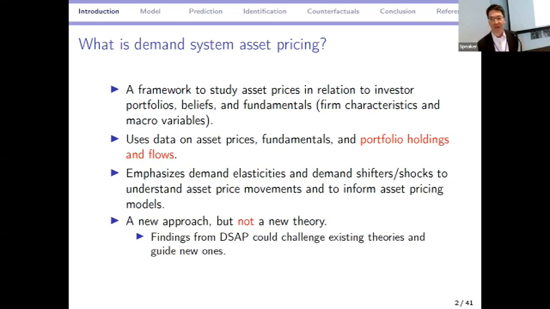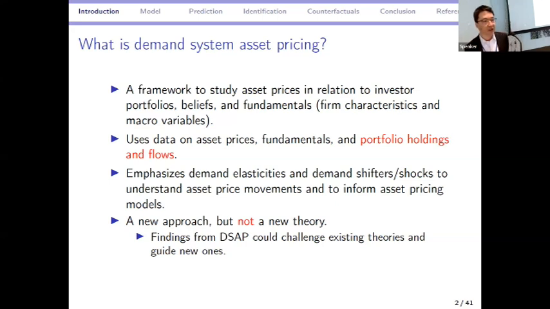But the key aspect of this is now we want to bring in portfolio holdings and portfolio flow data. That's the new aspect of this. When I took asset pricing in graduate school 20 years ago, there was no mention of portfolio data, even though all asset pricing models are based on portfolio theory, optimal portfolio choice, and market clearing. We didn't even think about using portfolio data to do equilibrium asset pricing, but it's kind of strange to do asset pricing without portfolio data if the micro foundation is really about portfolio choice.